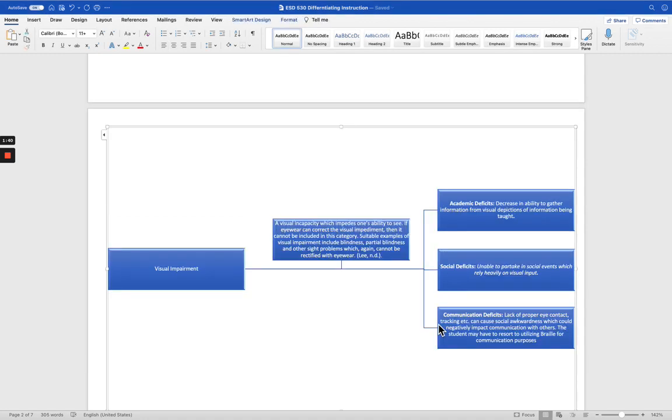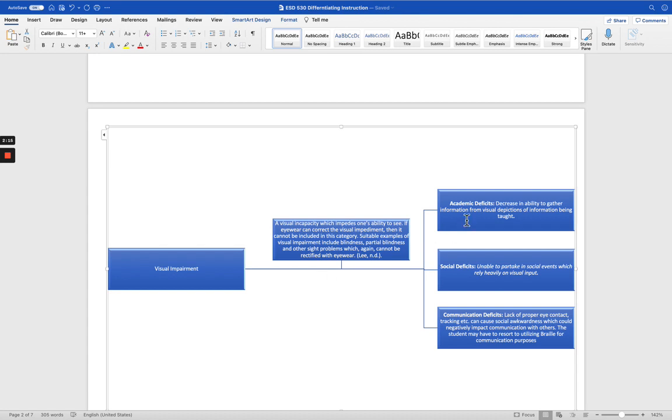We will move on to the next category, visual impairment. This disability is an incapacity which impedes one's ability to see. If eyewear can correct the visual impediment, then it cannot be included in this category. So suitable examples of visual impairment would include blindness, partial blindness, and other sight problems, which again cannot be rectified